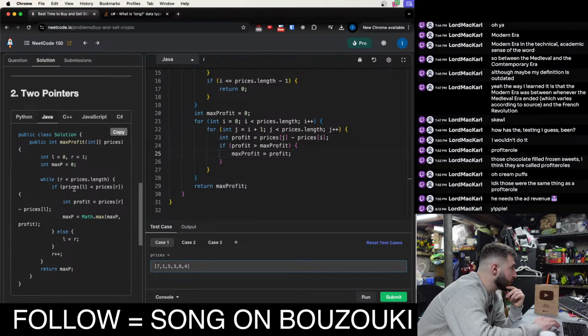While right is less than prices dot length, if prices left is less than prices right, profit is equal, stores the profit. And then it does the maximum profit comparison. If prices